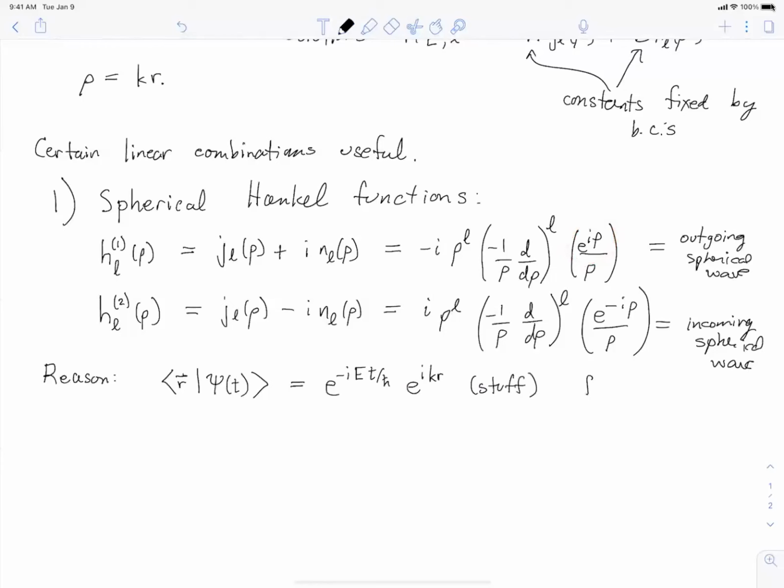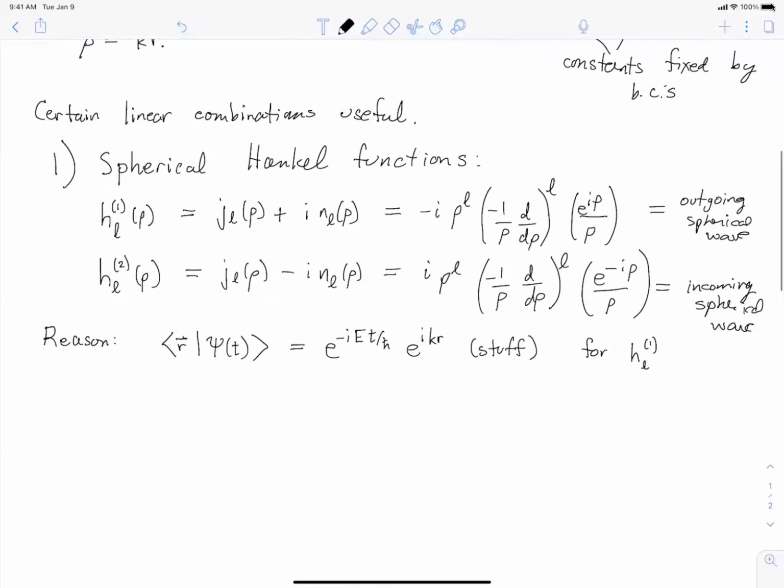Okay, that's for HL1. And so what is this position, radial position and time dependent stuff? It's e to the i times some constant times r minus some other constant times time. Okay, and that combination is telling you that this is a wave that's moving outward from the origin, or an